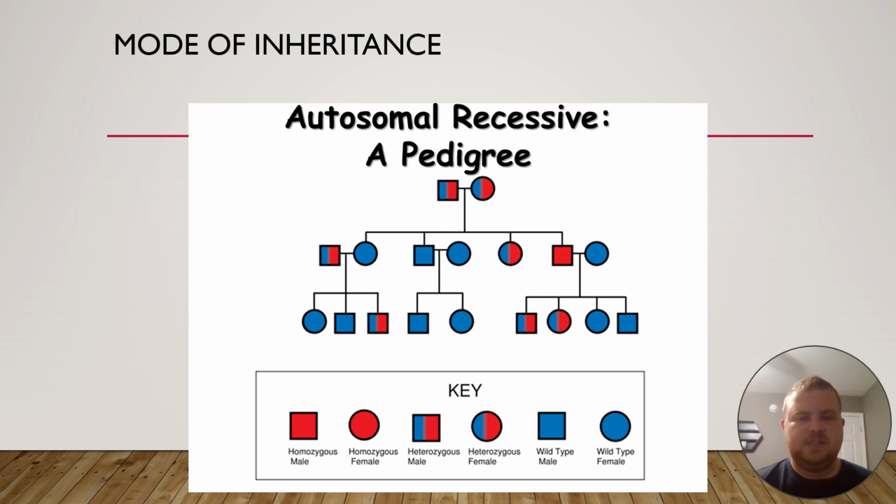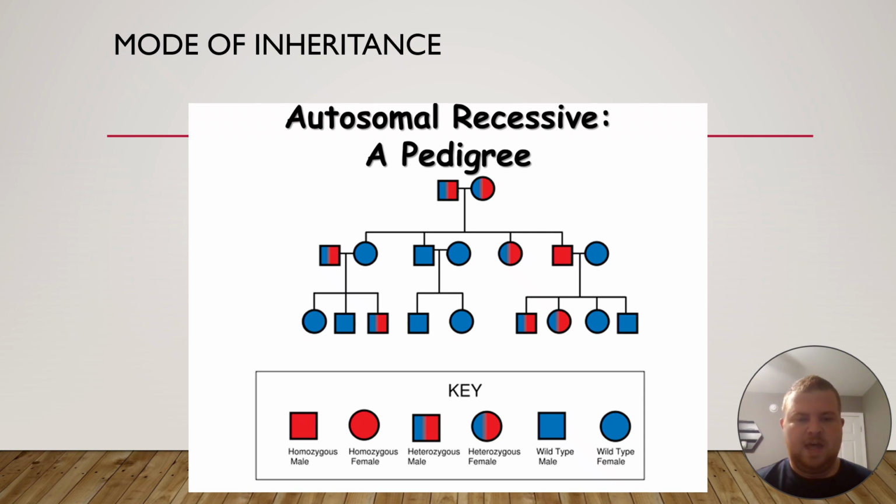The mode of inheritance for sickle cell disease is an autosomal recessive pattern. This means that in order to inherit sickle cell disease, both parents must pass a copy of the mutated hemoglobin subunit beta gene. It is possible for a carrier to have sickle cell trait their entire lifetime and never develop sickle cell disease. In this pedigree chart example, both of the parents are carriers and neither of them have the